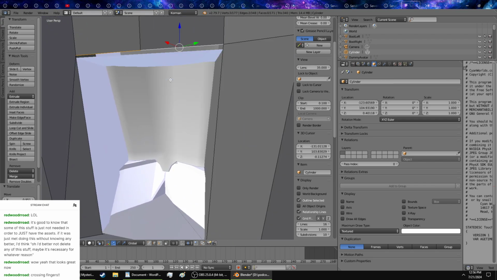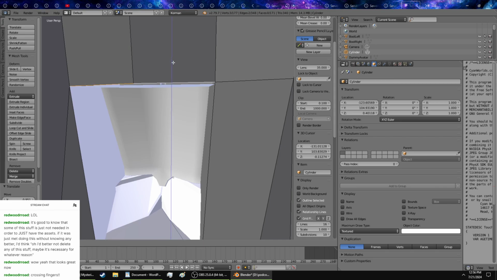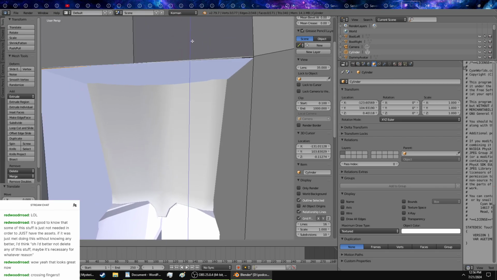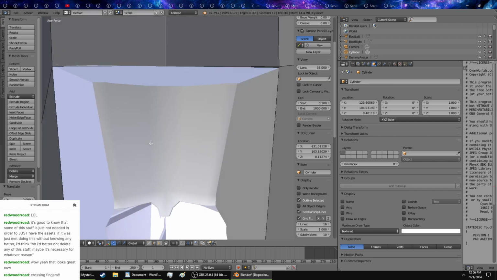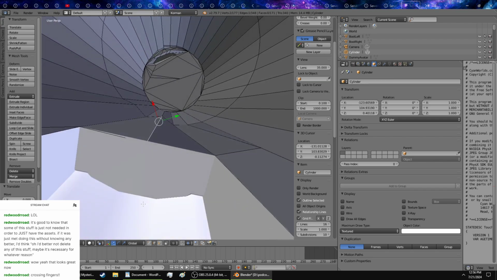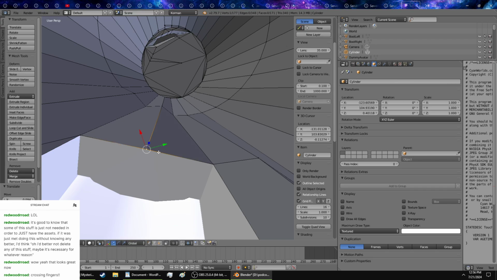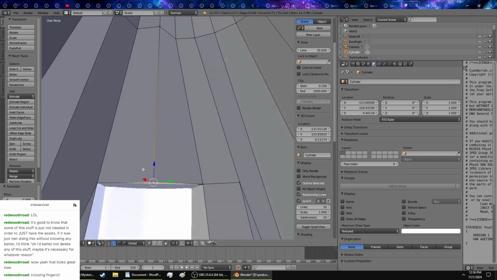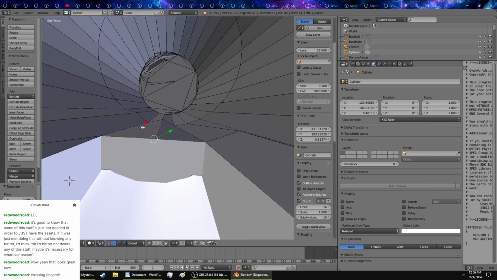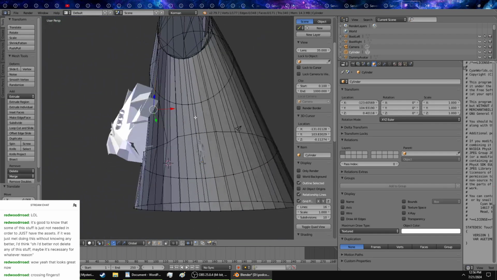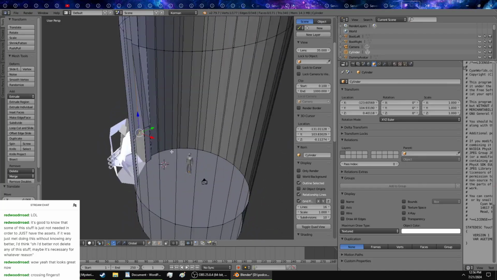Now I got to lower this bit. Okay, if I lower that. Okay, let's grab that. No, I gotta grab this point. Whoop. Whoop. Okay. Okay. I think